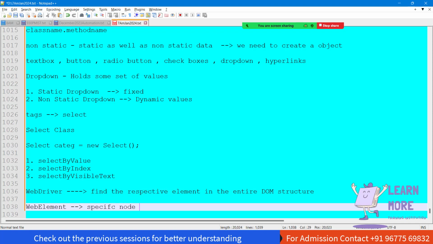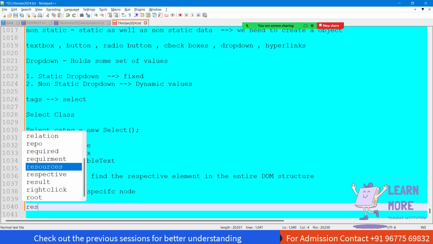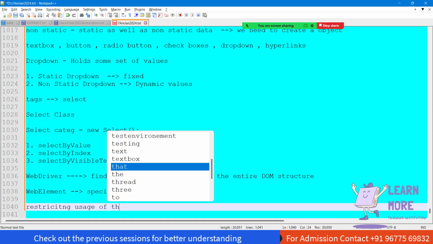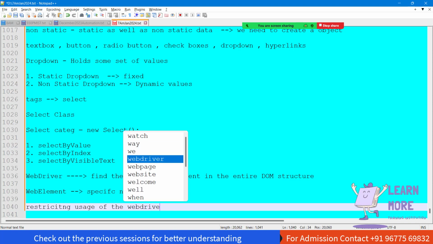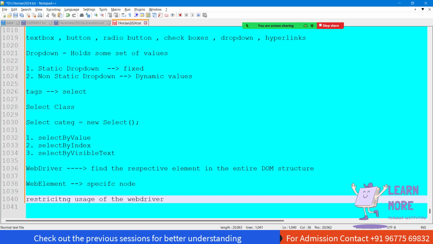So when you are going to do some operation only in a specific node, we need the help of the WebElement. By using the WebElement, technically we are restricting the usage of the WebDriver. We are telling the WebDriver, don't search the element in the entire DOM structure. Instead of it, just search in the specific node. So whenever you are going to perform an operation only inside the specific node, then you need to create a